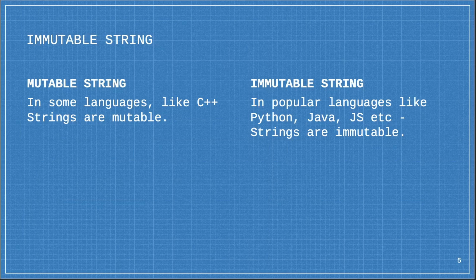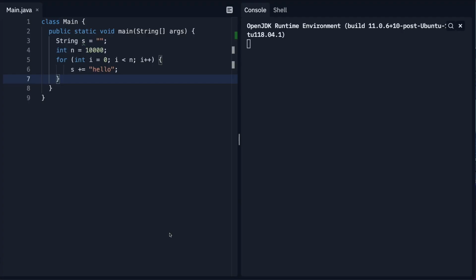If you want to alter a string, then a new one is created and the respective changes are made to it. We will see in the coding section of this video what are the consequences of this and how to improve performance when working with strings. Welcome to the coding section of our video. In this section, we will go over immutability in a bit more detail and explain why immutability is such an important discussion when it comes to strings.